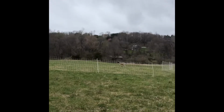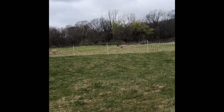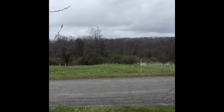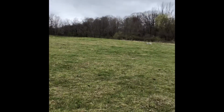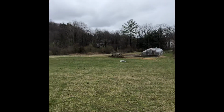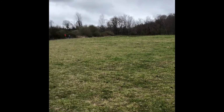As you can tell, the grass in this field that they've been occupying all winter is a lot more run down and grazed down than this grass that's been able to regrow in the winter season, and they haven't been back out here since last fall. Although the sheep are confined to being moved throughout this field over the whole course of the winter, they won't be back down here until next winter, so the field will have a lot of time to regrow and prepare